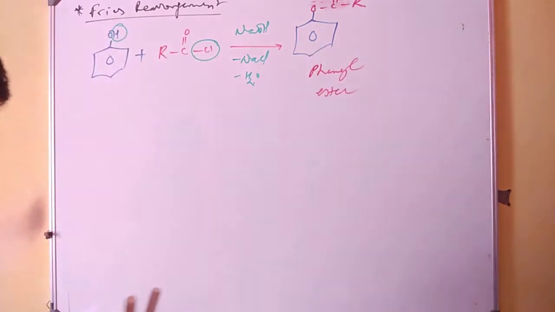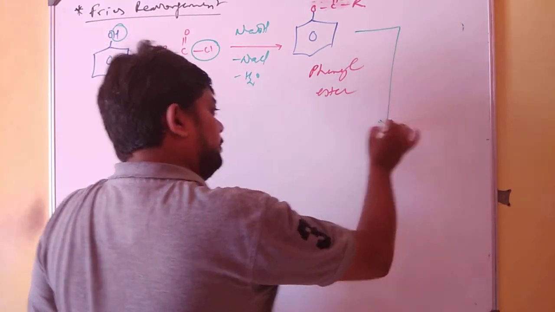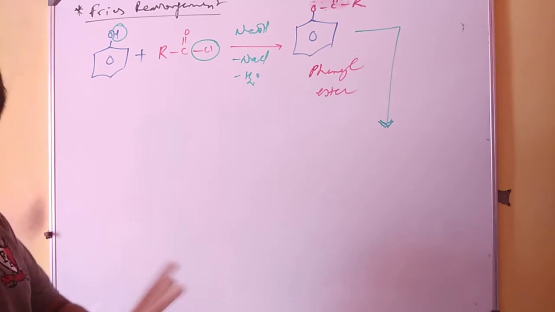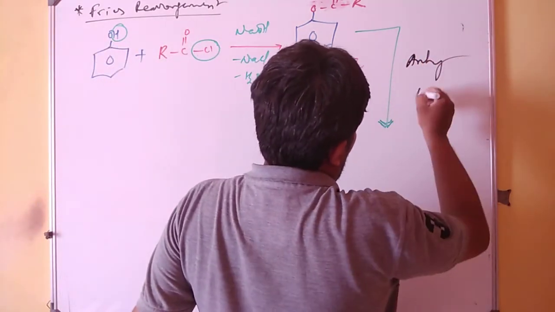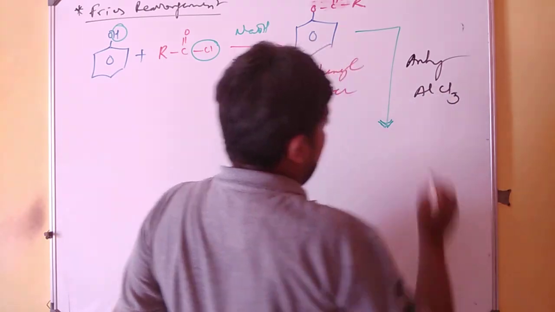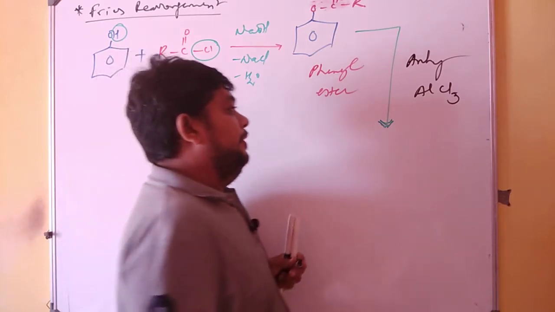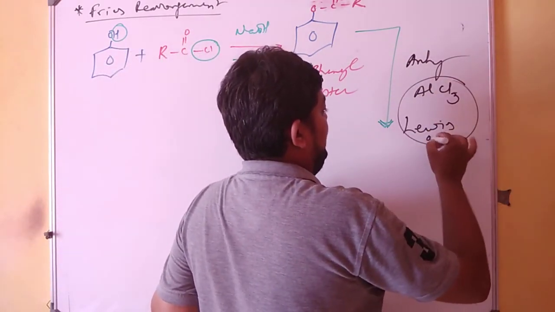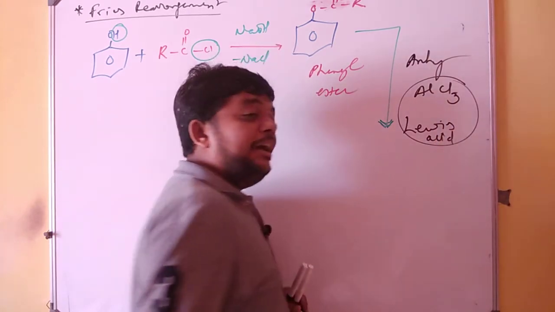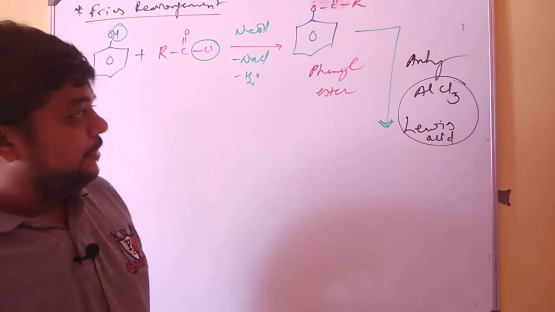Let us now bring into existence the rearrangement. At this particular point, Fries rearrangement comes into practice, where we generally use a popular reagent, that is anhydrous AlCl3. Whenever you think of AlCl3, the first thought that comes to your mind is Lewis acid, and at a second point you think of alkylation, but it is not always alkylation.